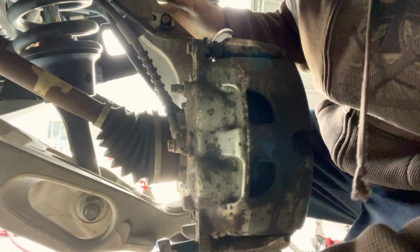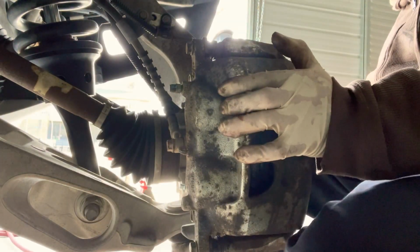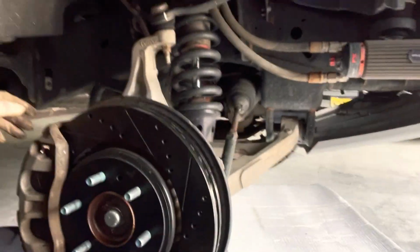Make sure that's tight. Done. And that's how it should look once it's all done with the new rotors. So now let's get the other side done and get the backs done slowly. I'm actually gonna